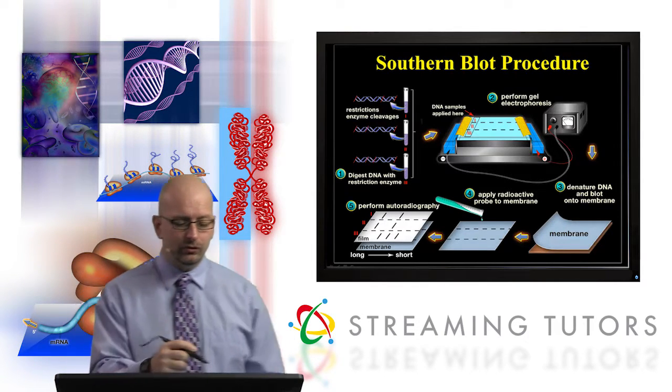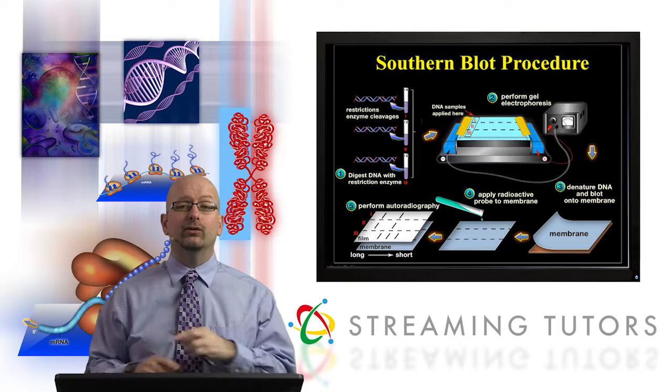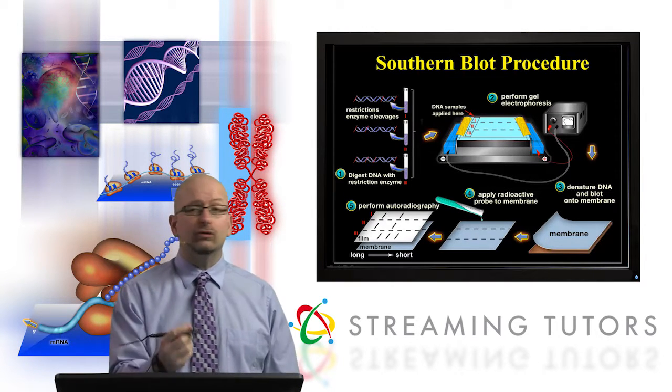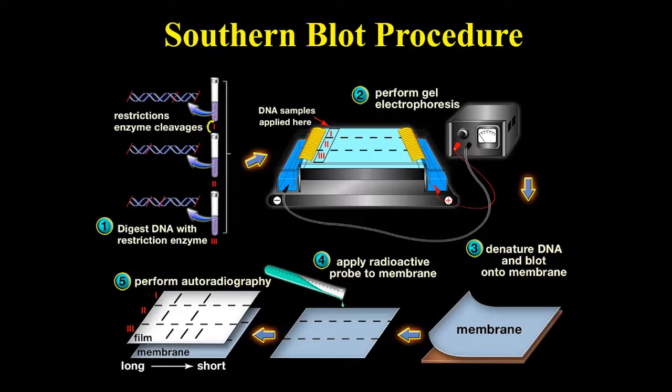So the procedure is here. I'm putting a scenario in this picture where, let's just say it was a paternity test, and there are 3 individuals, number 1, 2, and 3. All of them are possible candidates for being the father. What I've shown is a particular DNA region of interest, and often it's not a gene. Here are different cuts with the same restriction enzyme, okay? So 3 different people, 3 different patterns,